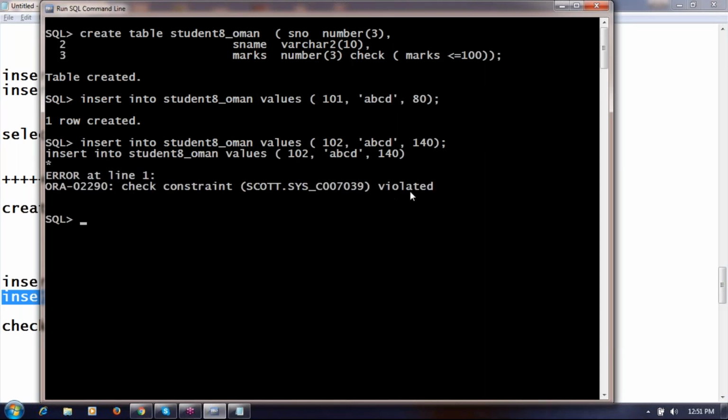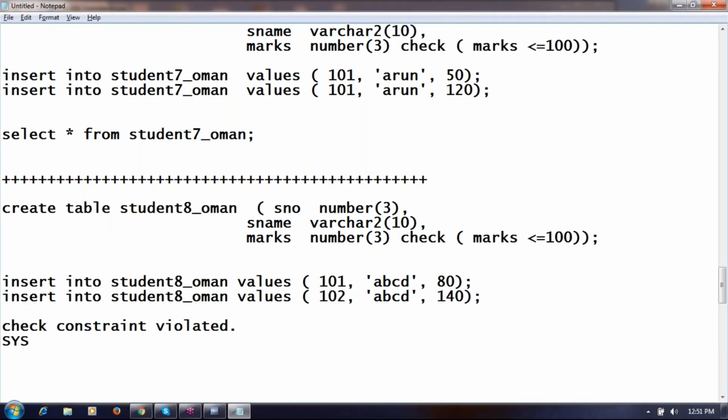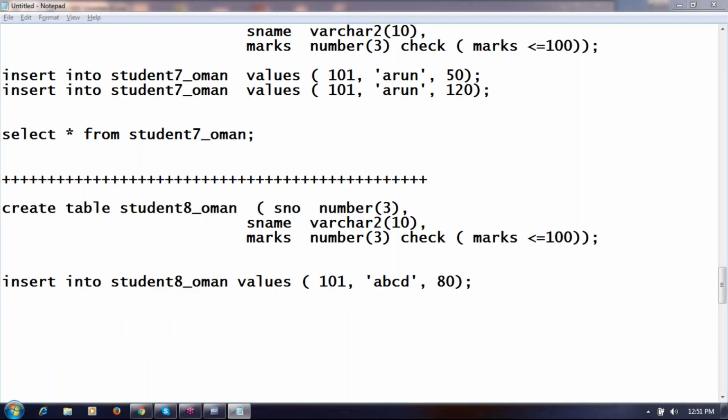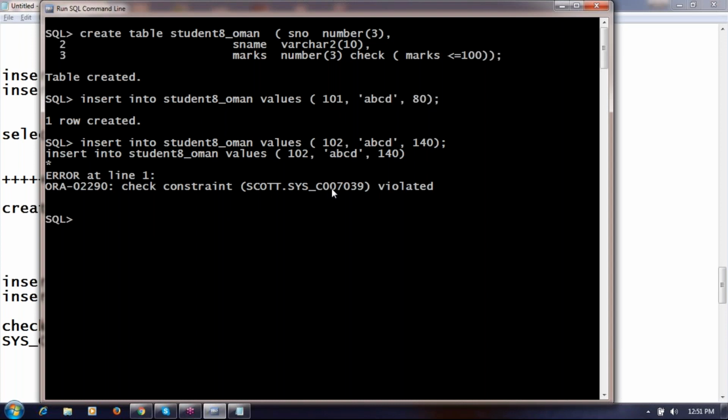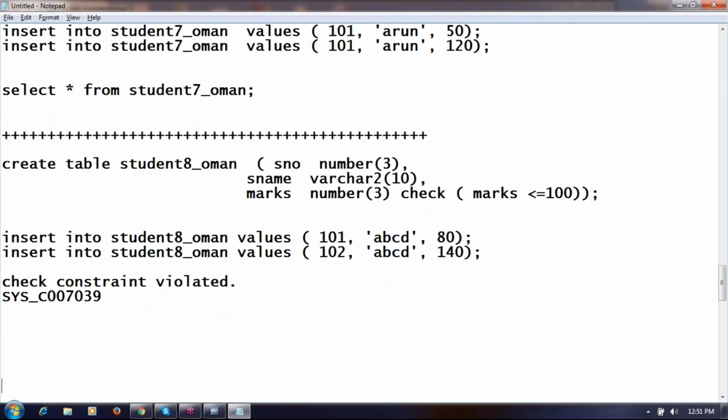As expected, check constraint violated, but observe there's something in brackets: SCOTT.SYS_C007039. What is this SYS_C007039?